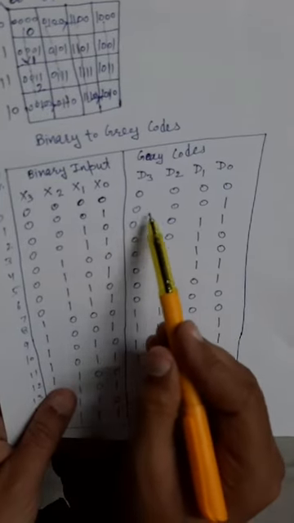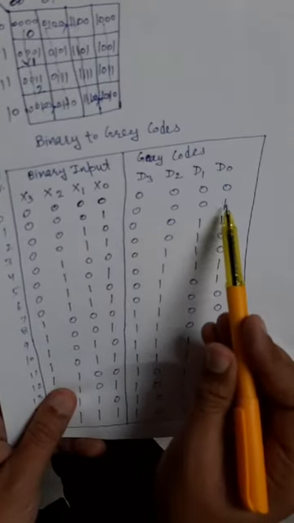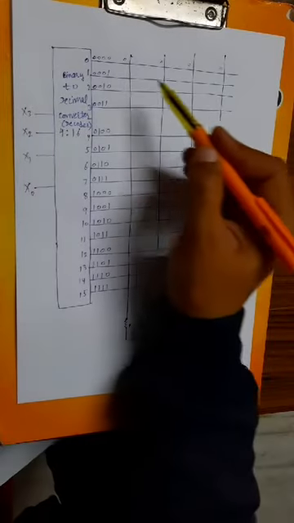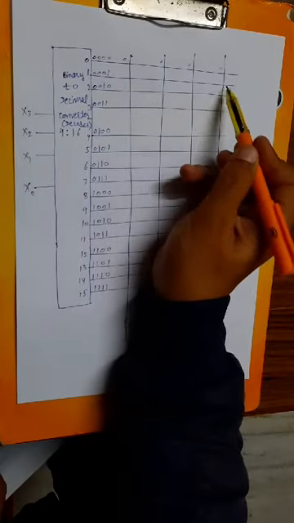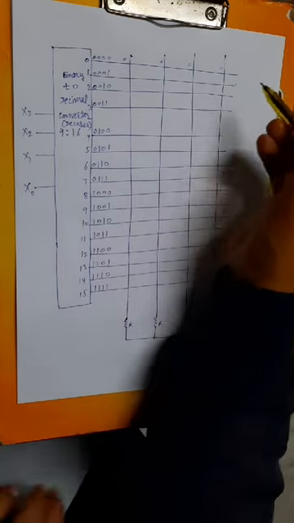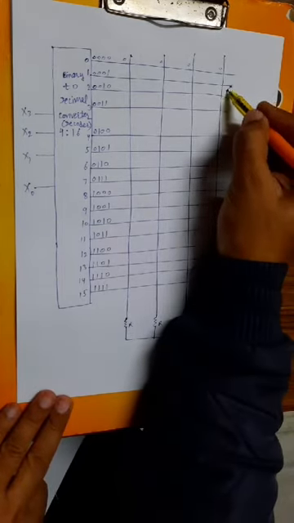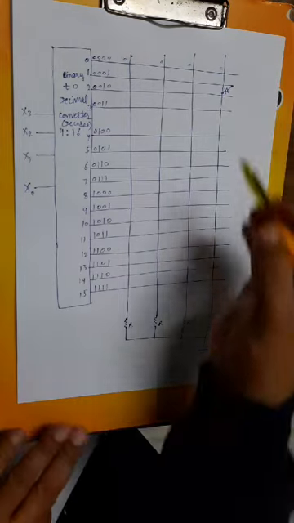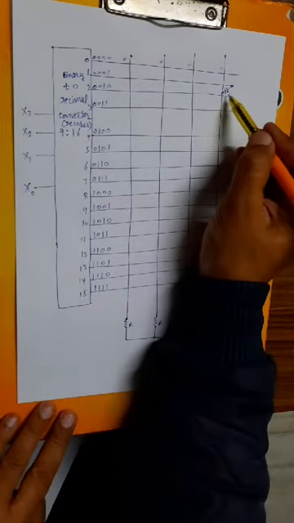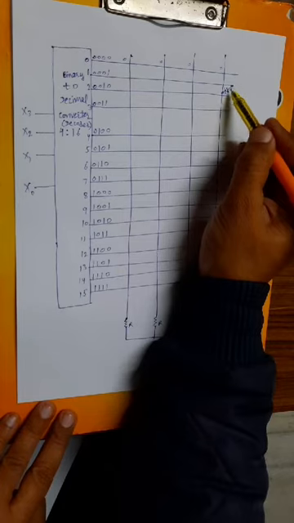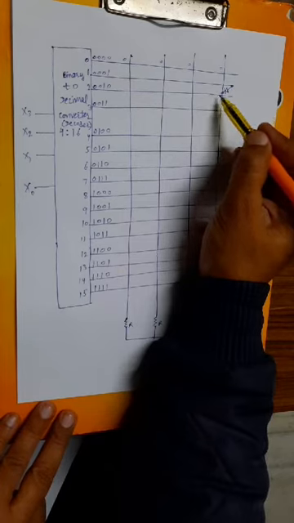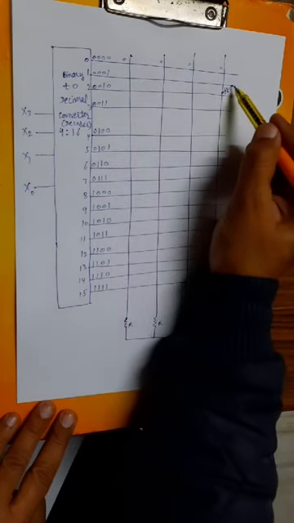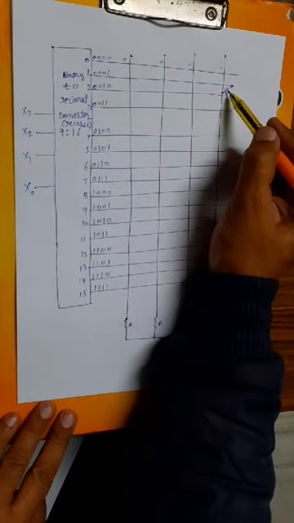Then for 0 0 0 1, gray code combination is 0 0 0 1. So it means here 0 0 0 1, but here bit is 1. So it means we have to connect a diode, PN junction diode, from row to column. Otherwise row is not connected to column. But when there is a diode connected between the row to column, then if this row line is active, potential is high on P side of this diode.